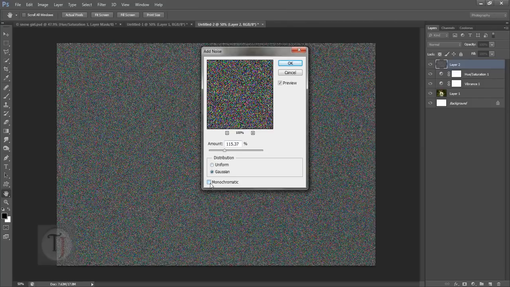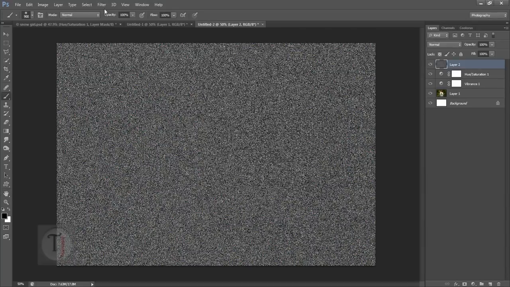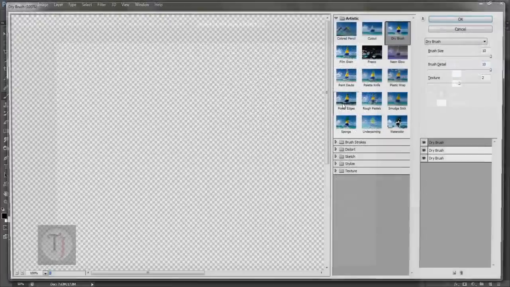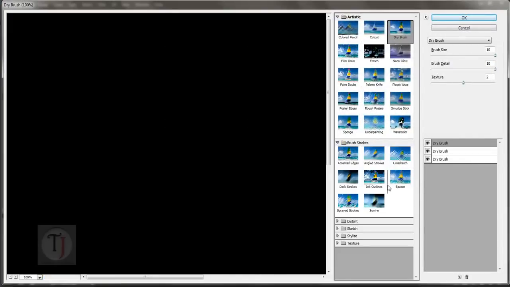If you don't use monochromatic, it's going to be colorful, and I have never seen colorful snow, though I would love to, but I have never seen any. So I'm going to go with white color and hit OK. Go to filter, and this time filter gallery, and in the filter gallery go to brush strokes, and I'm going to select